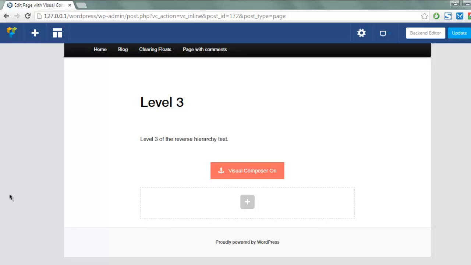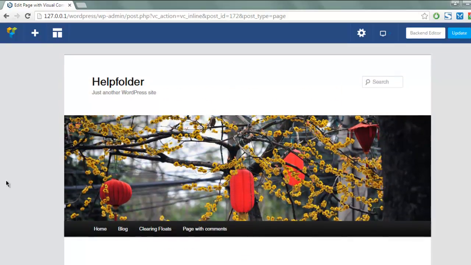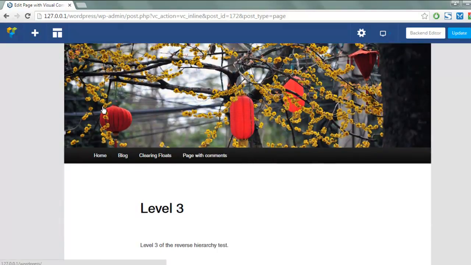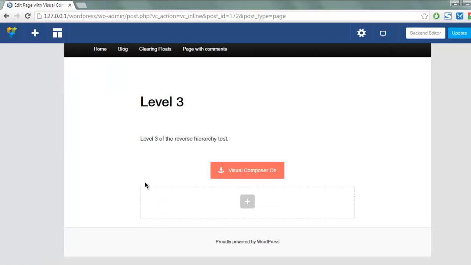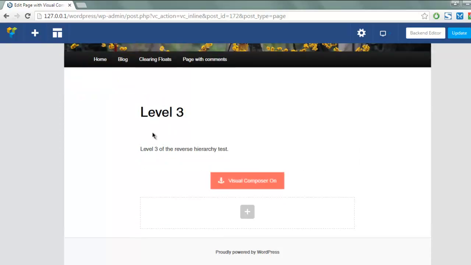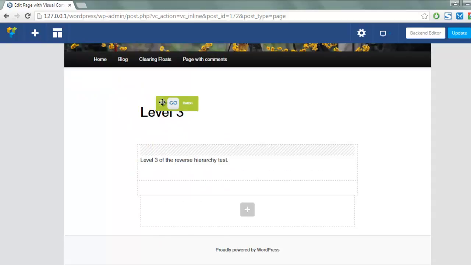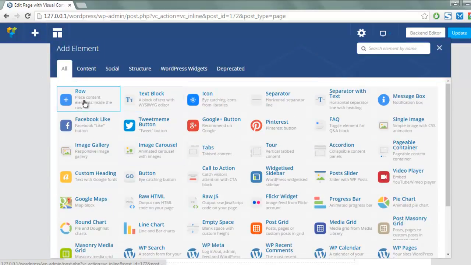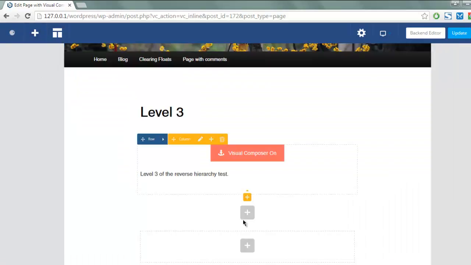Okay, then this Visual Composer also lets you edit specific elements within your theme as well, or you can simply drop the element and have the replacement on any specific point, supported by your theme, of course. So if you want to add a button here, then you have to add that particular row like this. Okay, and you can make that